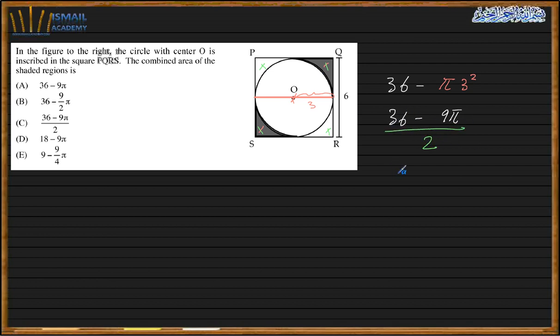So here I will end up having 18 minus 9 pi over 2. Okay, here, see, we have this. We didn't simplify. So this is my answer. I was planning to do 18 minus 9 over 2 pi, but we don't have this form here. So this is my answer. Next,